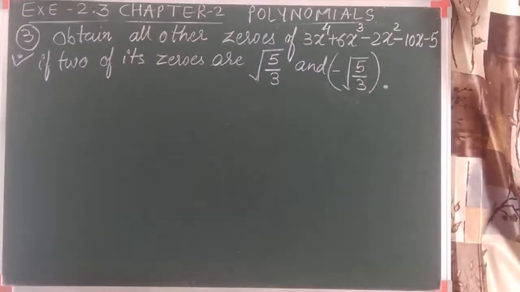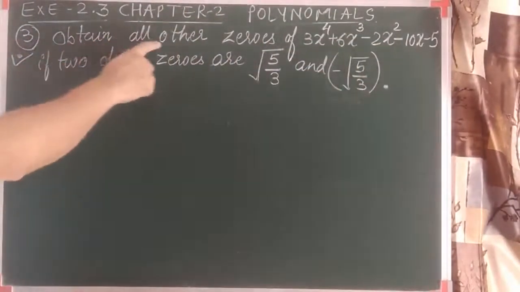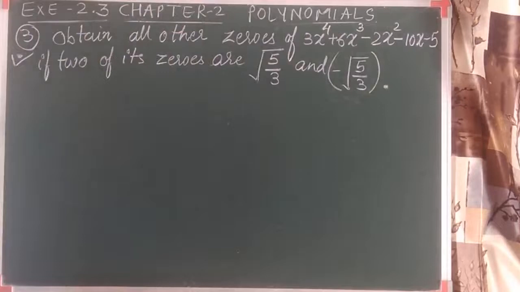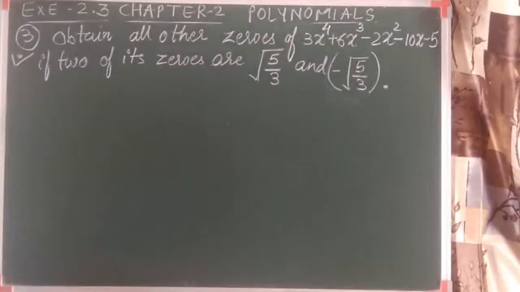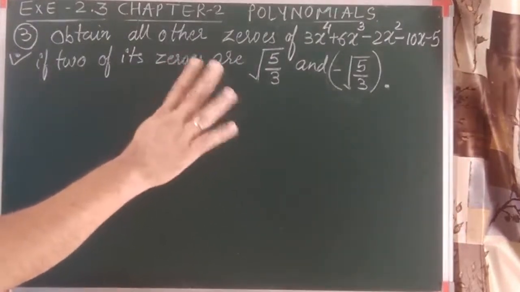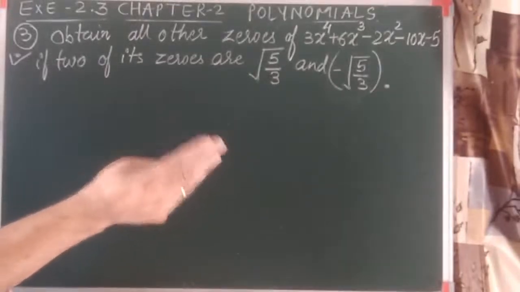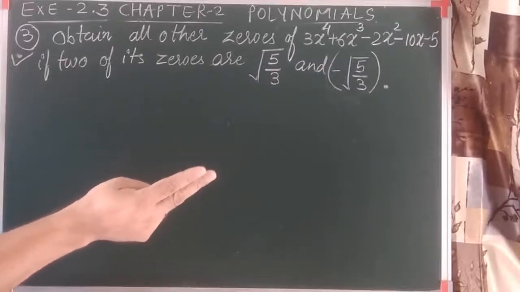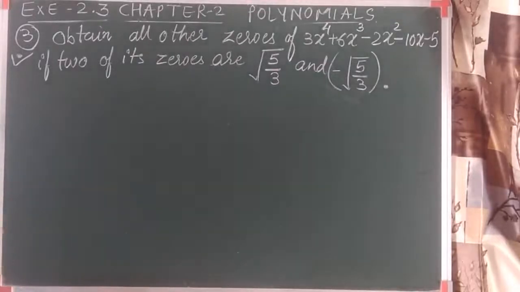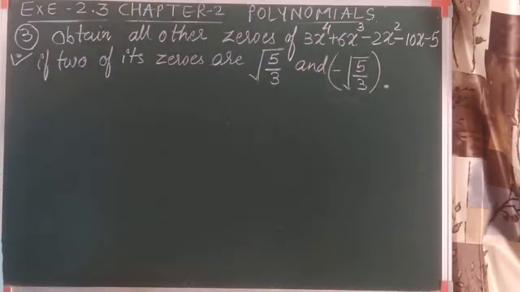So the question says that this polynomial has more than two zeros. Obviously, only then do we have to find the other zeros. Now, how do we come to know how many zeros this polynomial has? Let me tell you one thing. Look at the degree of the polynomial, 4. If the degree of the polynomial is 4, it has maximum 4 zeros. If the degree is 3, cubic, it has 3 zeros. Maximum I am talking. If it is quadratic, it has maximum 2 zeros, and if it is linear, it has 1 zero. So the maximum number of zeros the polynomial has is based on its degree.